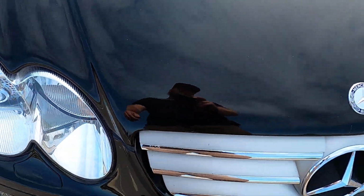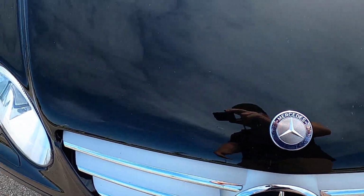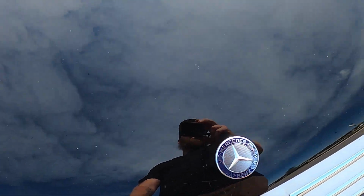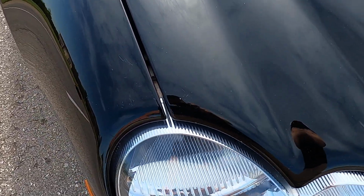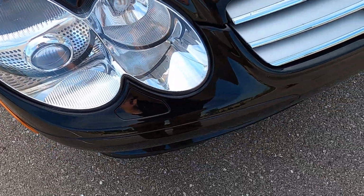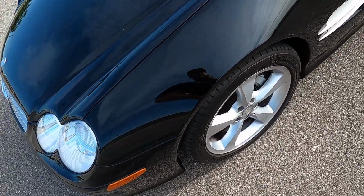They're kind of intermittently scattered throughout the front end, so there's not an area of the car that looks like it has a focused amount of rock chips. It's kind of just lightly scattered throughout the front, including the top of the hood. I'd say they probably stop roughly about halfway back from the hood line. Some light scratching over here. But they're very hard to see, and I will say overall the front end looks great, especially for being just